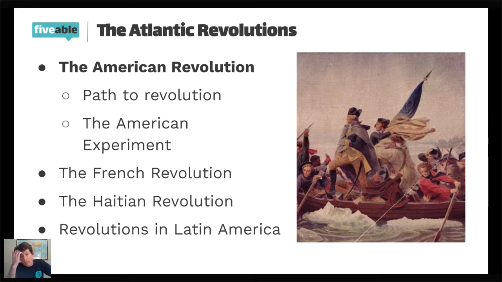And once that revolution occurs and is successful, America, or the United States, really sets off on an experiment of how then do a bunch of different colonies who have united together to win a war. How do they form a new country? And in fact, it takes a couple attempts. The first attempt is something called the Articles of Confederation, which is kind of a weak central government. It is seen largely as a failure, and so they dump it